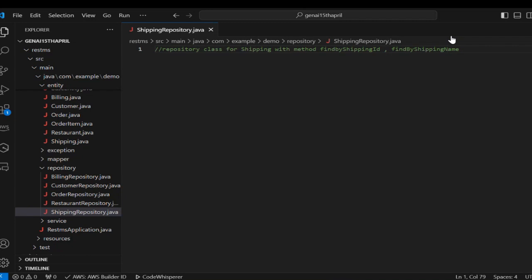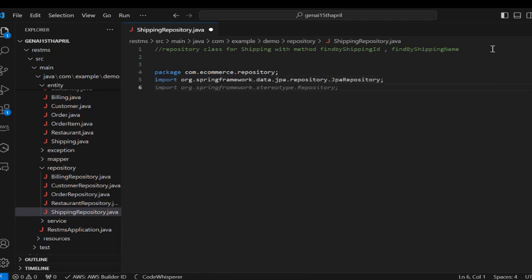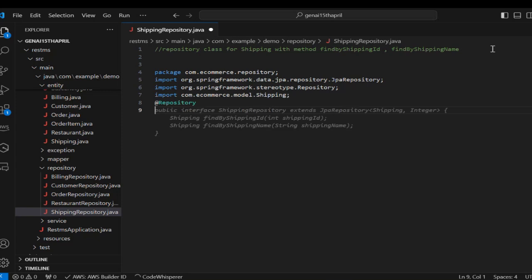Plus, I need some other methods also that I have just mentioned here. Let me check if it is going to create that repository class or not. If you press enter, just see here, Control S. So you can see here, CodeWhisperer is generating code for the repository layer. Everyone can try this if your setup is ready. That's it. This is your shipping repository